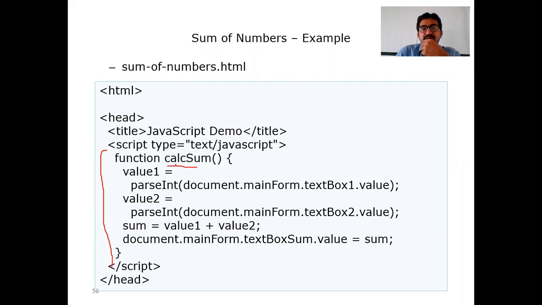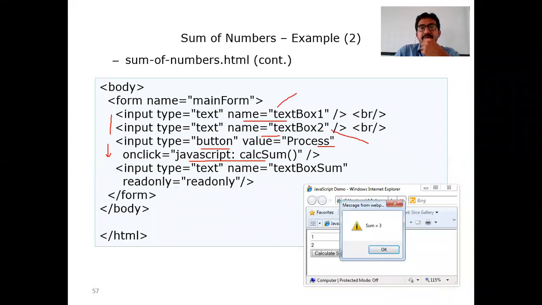So in this definition, callSum, val1 equal to. So it is sending, right? As I already said, JavaScript treats everything as a string. Again, we have to convert into the data type we require. So parseInt of document.mainform.textbox1.value. From where do I need to get the value? Hope you remember the forms, how we accessed the values from a form in the previous example. What is the name of the form? Mainform, where the form is actually in the document.